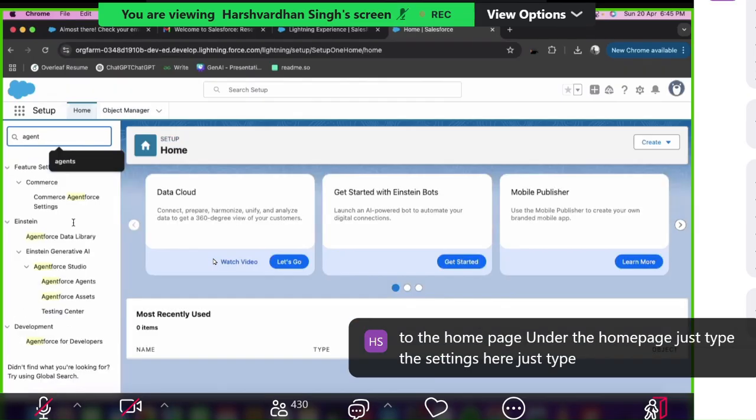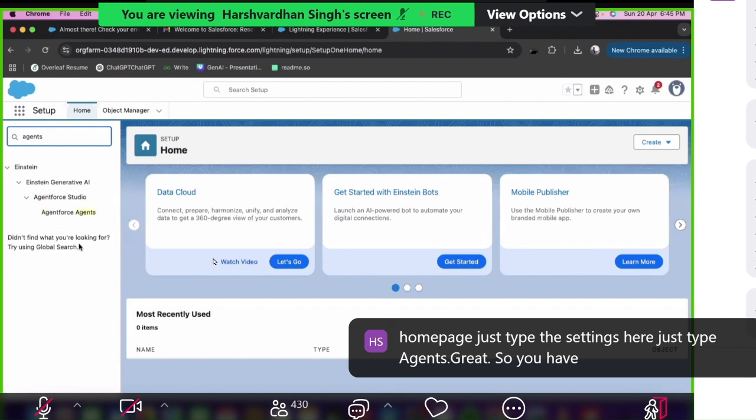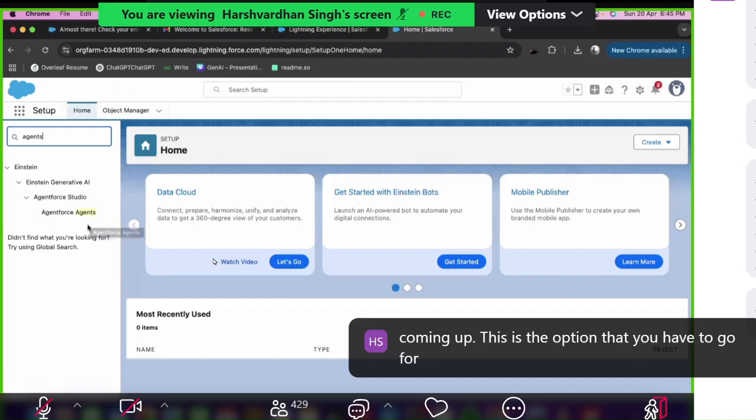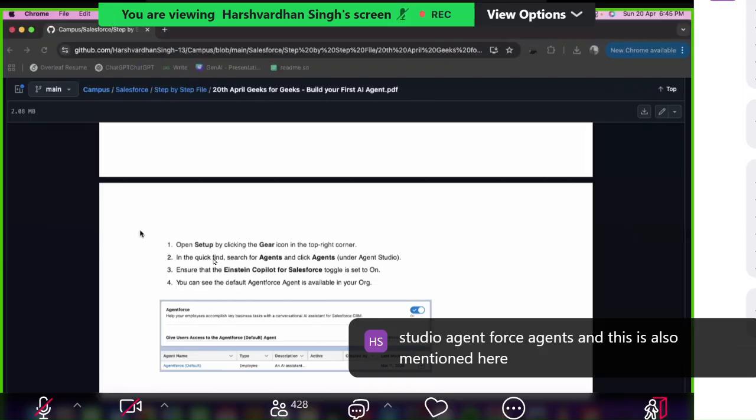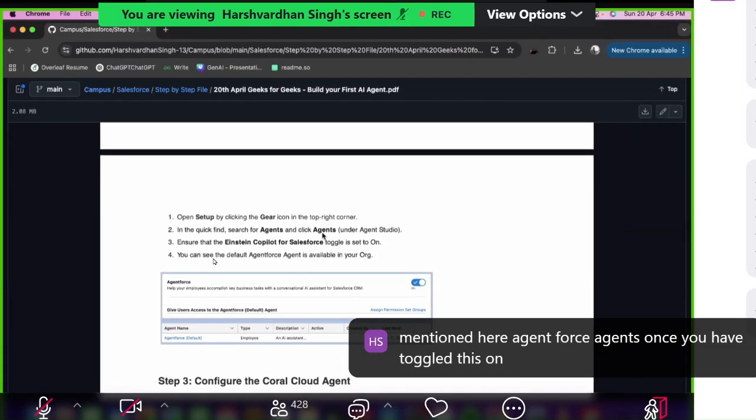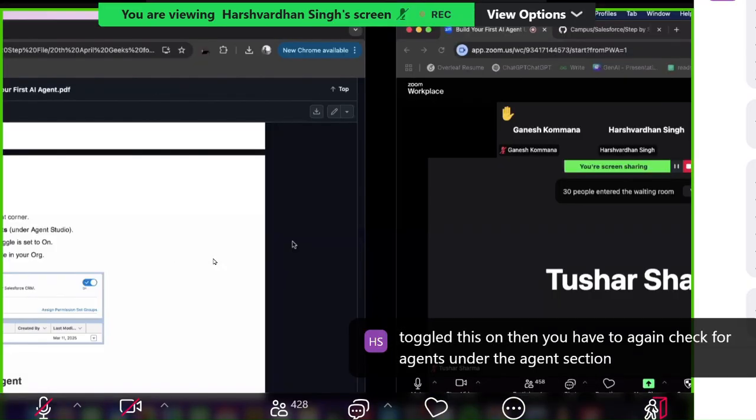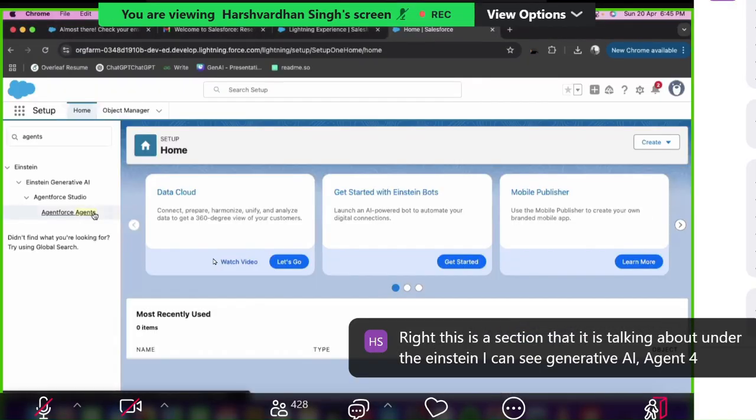Just type agents, right? So you have all these options coming up. This is the option that you have to go for. Agent Force Studio, Agent Force Agents. And this is also mentioned here. Once you have toggled this on, then you have to again check for agents under the agent section. This is the section that it is talking about under the Einstein generative AI, Agent Force Studios, Agent Force Agent. Just click on this,